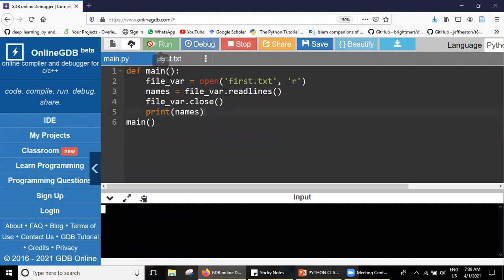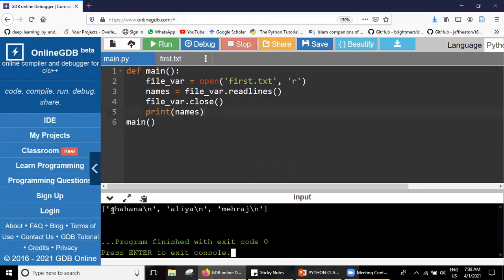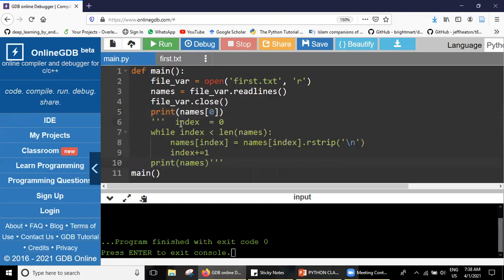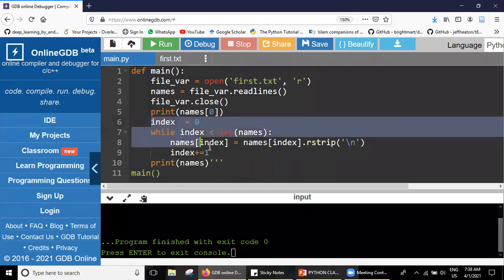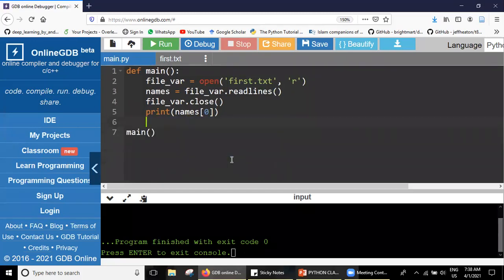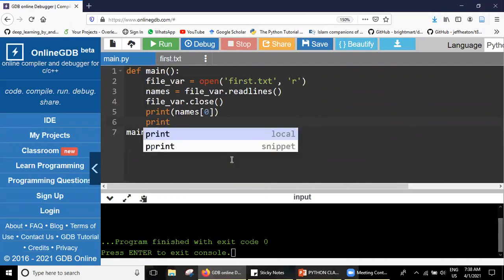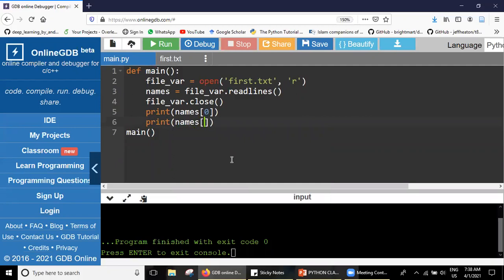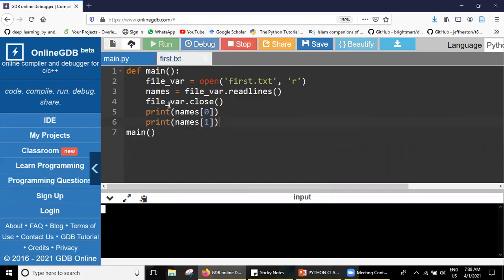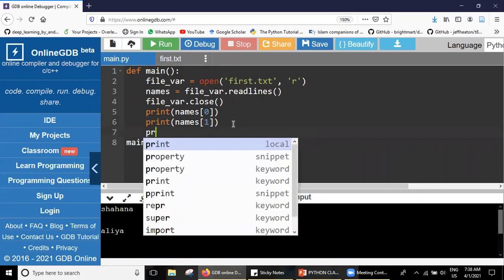Yeah, and then I try to print. So what we got, we are printing it in the form of this thing. Now I say names of 0. Oh, it directly gives me names of 0 here. I think I don't have to convert it in the form of all these indexes. If it's giving me names of 0 without converting it in the form of indexes, then I can directly go with this and I don't have to bother much. This is what I wanted. It gave me Shahana and then Alia, and this is the outcome that I wanted.